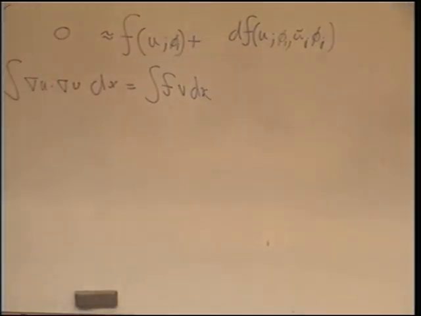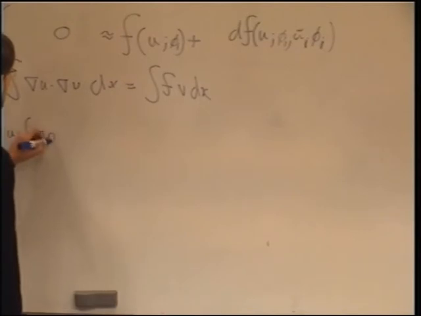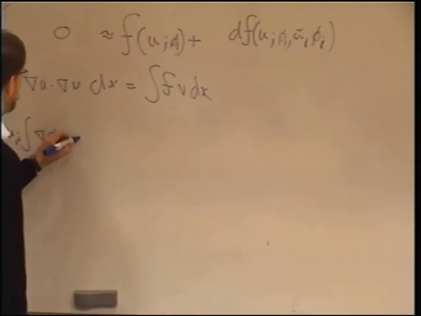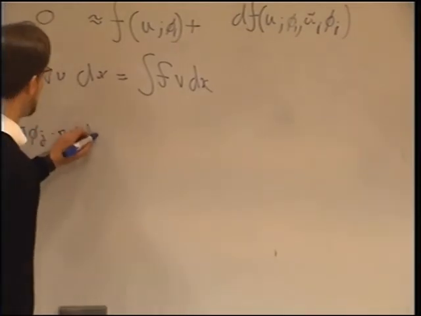In this case, we don't even need to take the derivative. So in this case, we can already say that this thing over here is equal to the sum of u_j times the integral of grad phi_j dot grad phi_i dx,